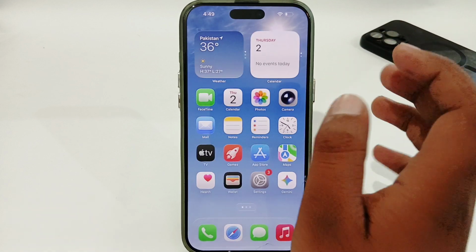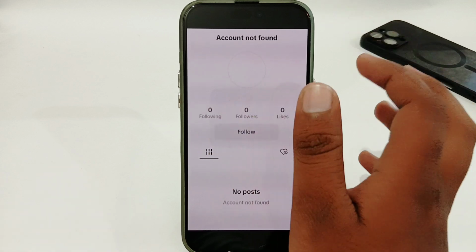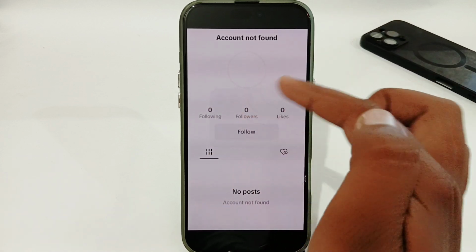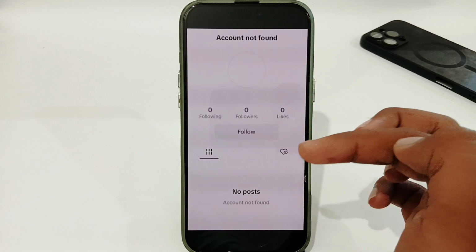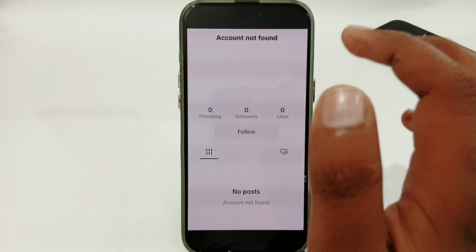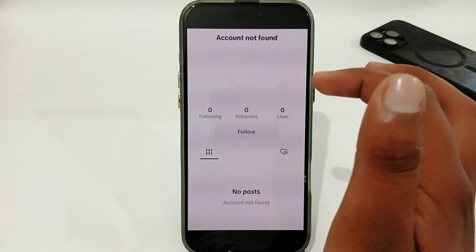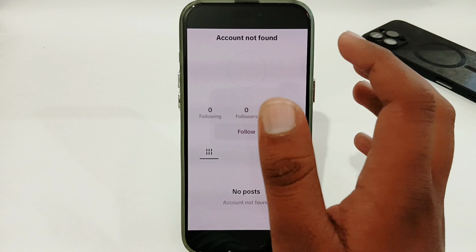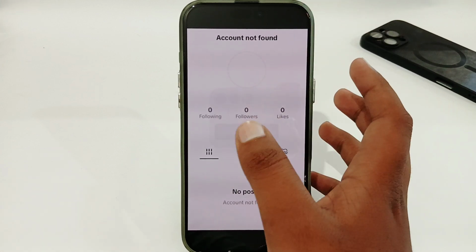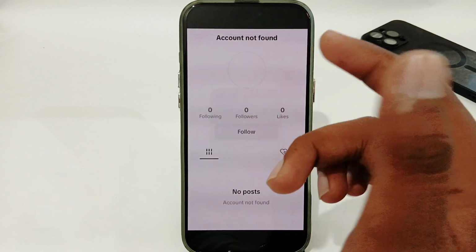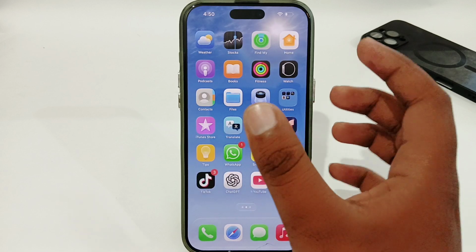So basically, sometimes if a person has blocked you on TikTok, you can get this type of issue, that account not found or no posts on TikTok. So basically it means that the person has blocked you. So that's why you can get this type of issue on your TikTok, or sometimes there might be a network issue. So you must first check your internet connection, then determine whether the person has blocked you or if there is a network issue, or you can try to clear the cache files